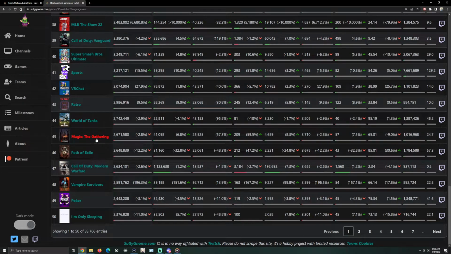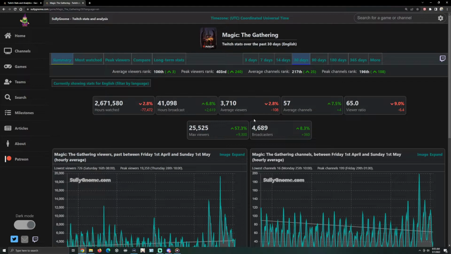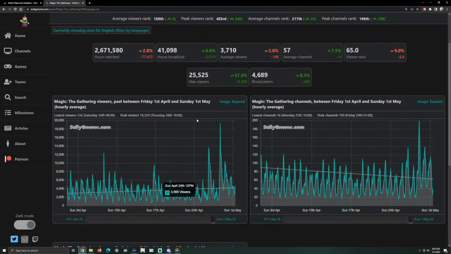So, speaking of such, let's take a look at Magic the Gathering statistics a little closer. You can see here's a graph of the amount of viewers by day and time. Now, you may say, well, Callie, what happened here on April 28th? Well, that is when the new patch came out. New expansion. New card set. All the people here were all excited.